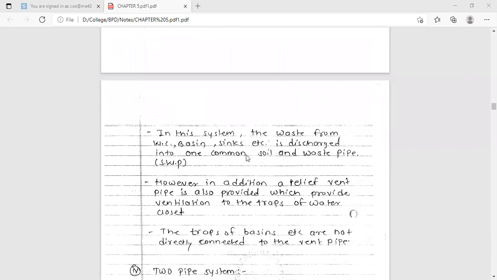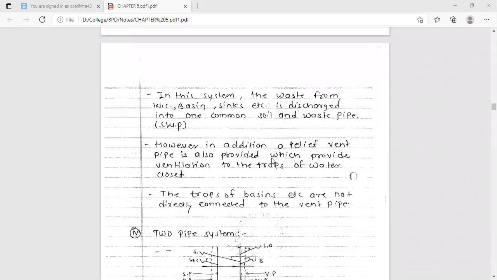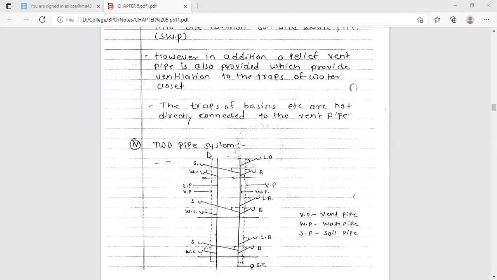In this system, the waste from the water closet, basin, sink, lavatory basin, etc., is discharged into one common soil and waste pipe, that is SWP. Okay, and however, in addition, a relief vent pipe is also provided, which provides ventilation to the traps of water closets only. The traps of the basin etc. are not directly connected to the vent pipe, means whatever ventilation is done to the lavatory basin and sinks is through the SWP pipe only, not connected to the vent pipe. Okay, then after that, the next thing is there,